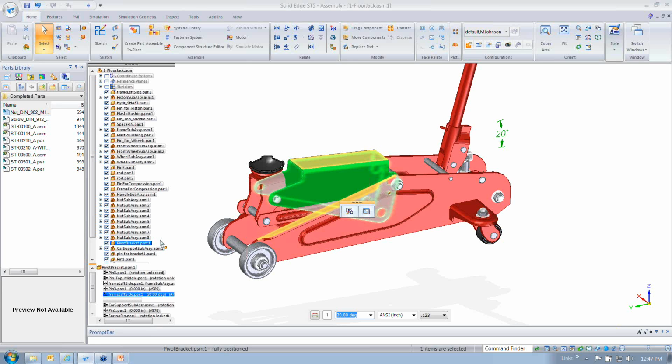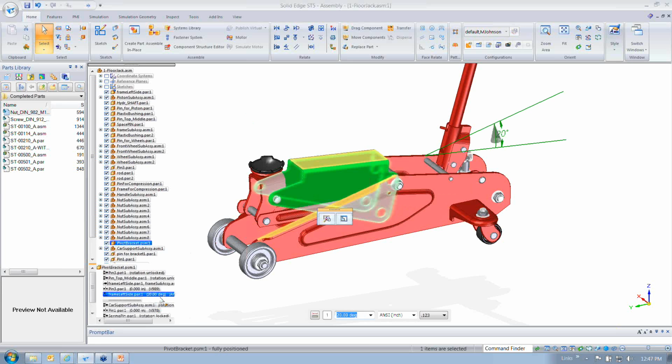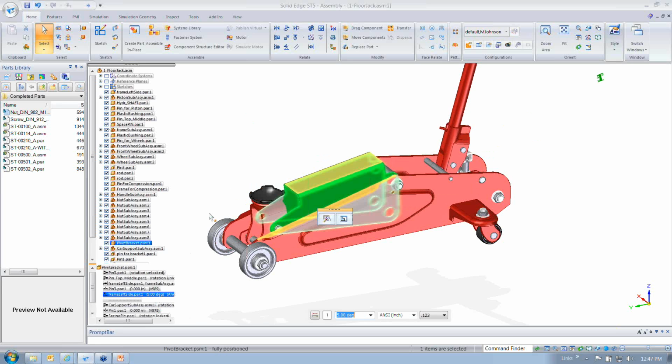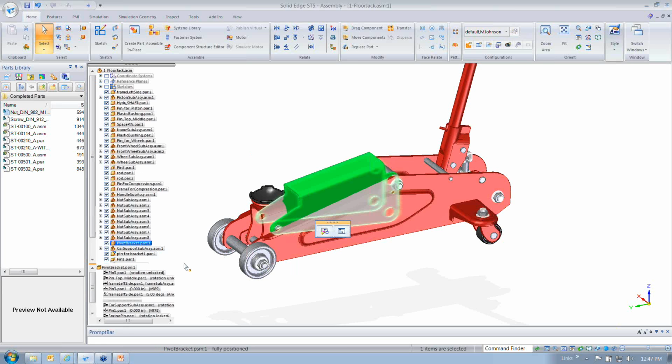There's other ways to use this tool I'm sure you guys will find, and I encourage you guys to try it out and let us know how you're using it, how it helps you out. I know that if we simply return this part to its failed state, if we put this back at 5 degrees and reground this pin and force this to fail again,